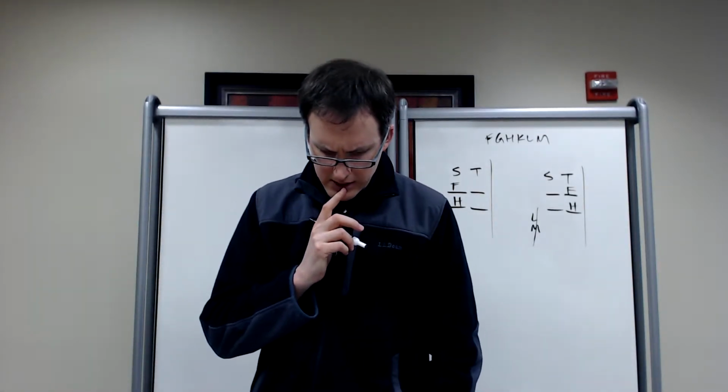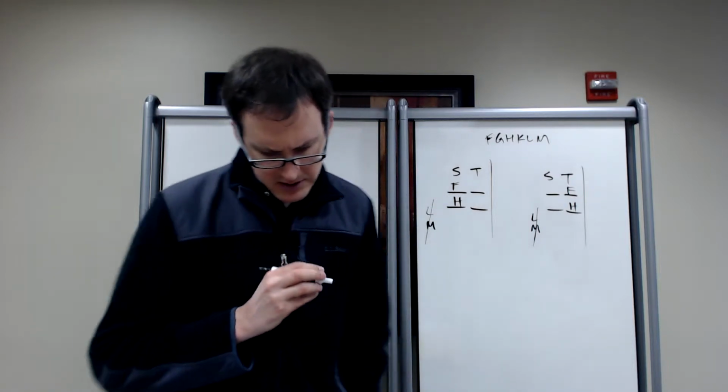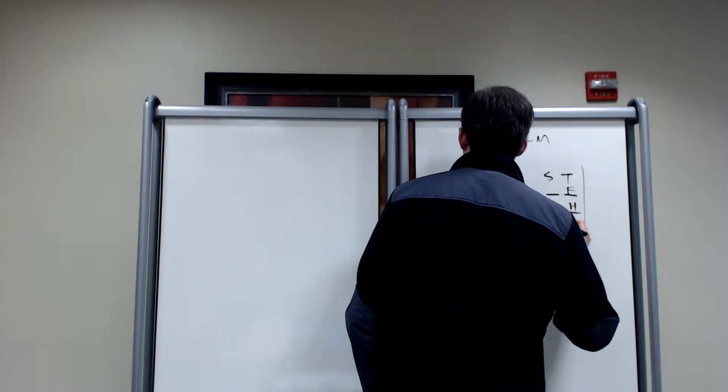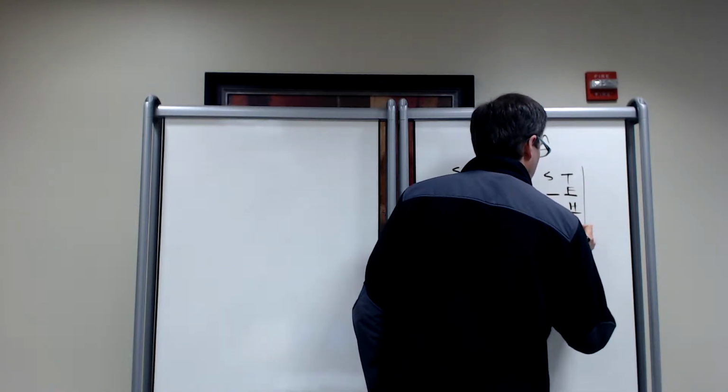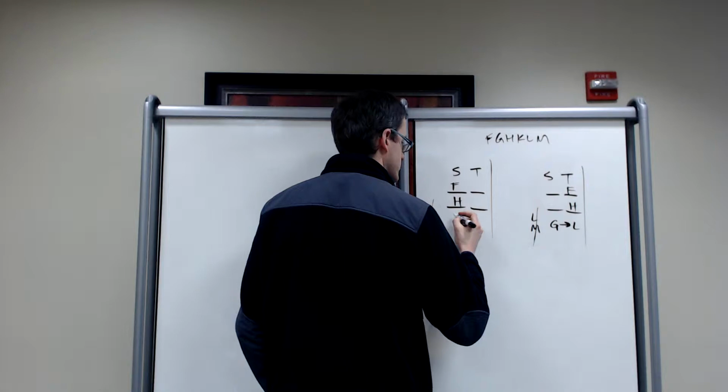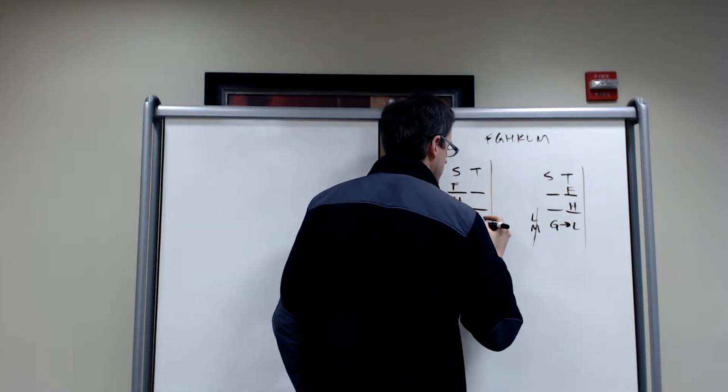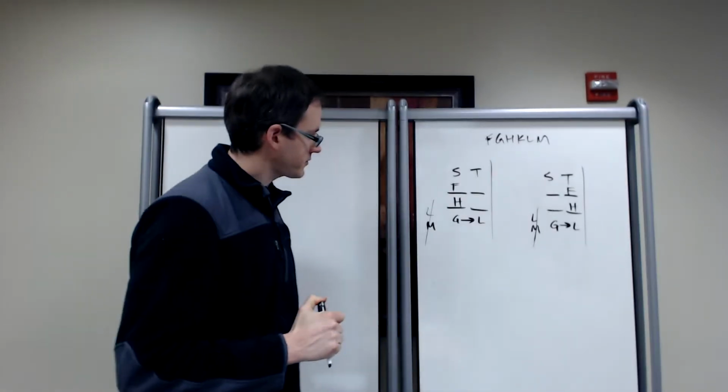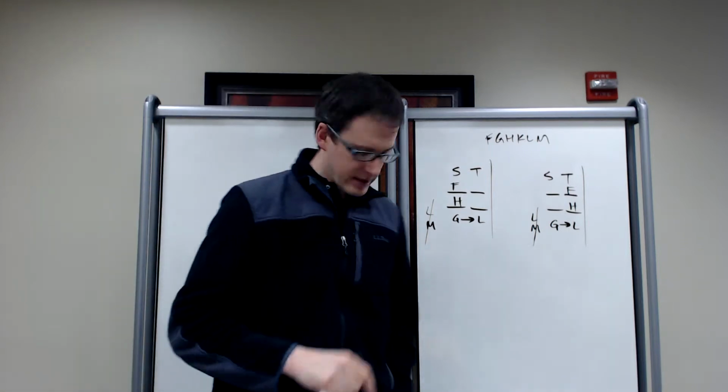All right, if G is assigned to S, then L must be assigned to T. So if G is over here, then we have to have L over here. So if G is over here, then L is over here. Okay. And then it says